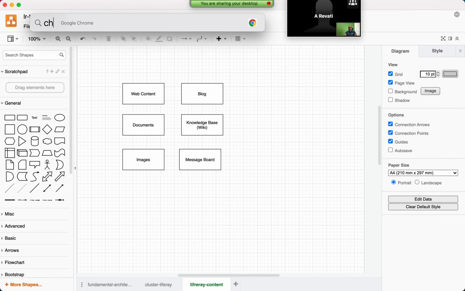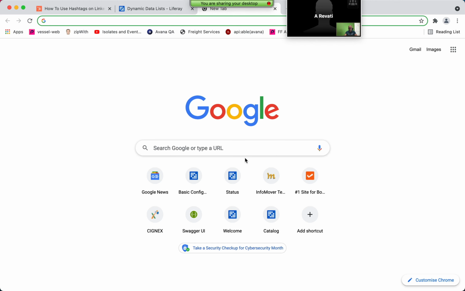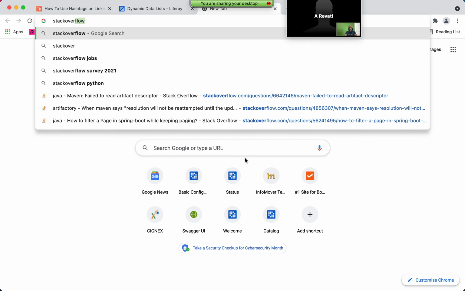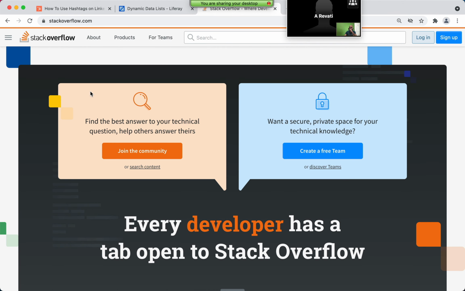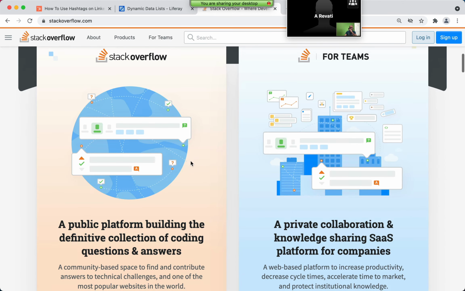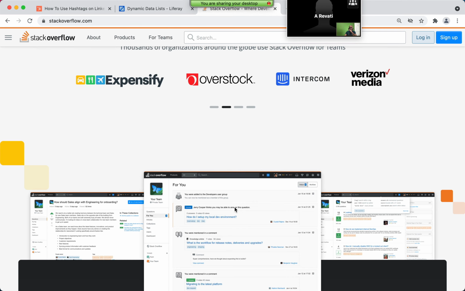Right, message board. So what is this Stack Overflow? What is the Stack Overflow? It's a forum, right? It's a forum. So say for example, if I go to any one of these Stack Overflow, say for example,